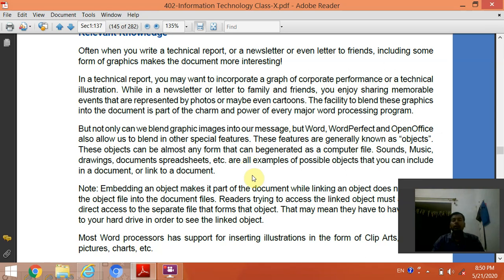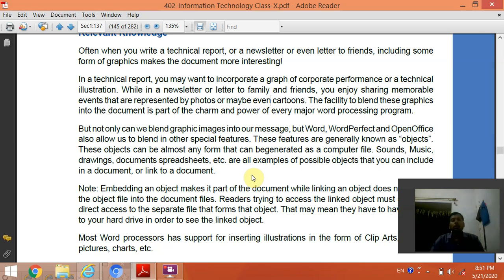These features are generally known as objects. These objects can be almost any form that can be generated as a computer file. Sounds, music, drawings, objects, spreadsheets, etc. are all examples of possible objects that can be included in a document or linked to a document.